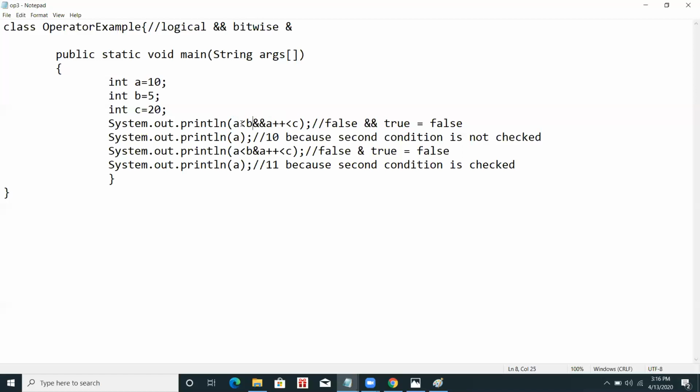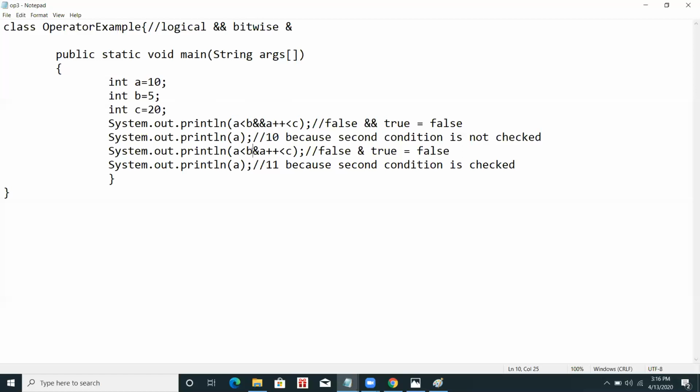But if the first condition becomes true, it will check the second condition also. Now in this case, a is smaller than b, this condition is false, so it will not move to the second condition. If I print the value of a, it will give me 10 without incrementing it. Why is it not incremented? Because it is not going to check the second condition.